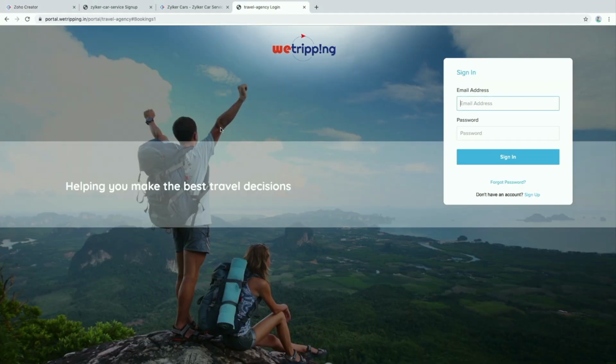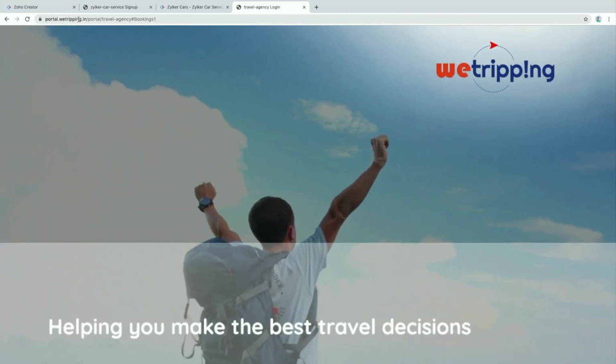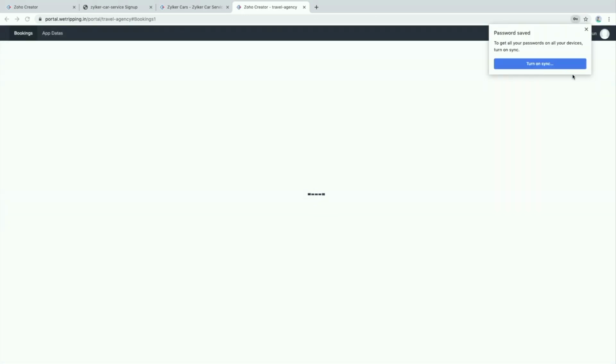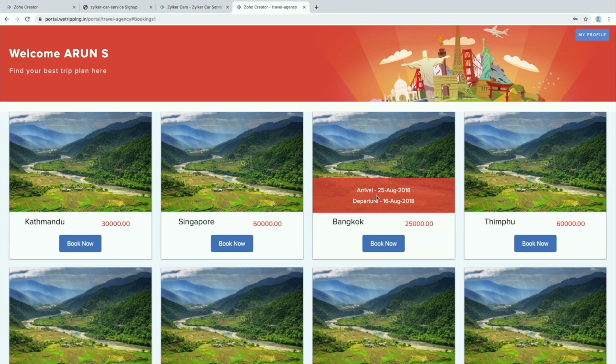And maybe I'll quickly show you how this looks. Okay, this is something we created on top of Zoho Creator. This is a customer portal on a Zoho Creator application. You may note that we have added the domain mapping in here, so Zoho or Creator is not listed in here. Let me also sign in. This is a highly customized application. Just wanted to show you what kind of an end result you can achieve with Creator.